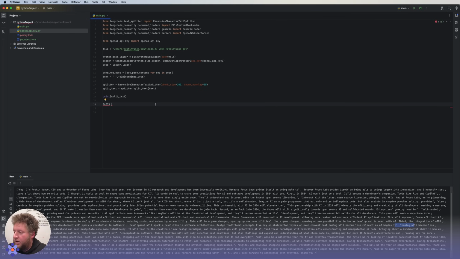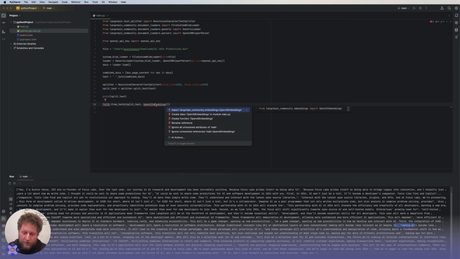If I take my vector DB and say from text, and then I take my split text, and then I need an embedder. That's going to be my OpenAI embeddings.